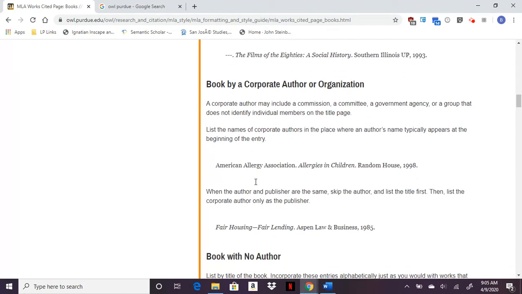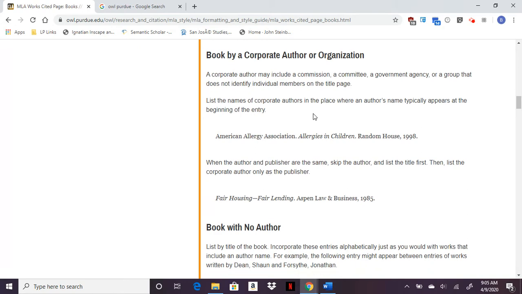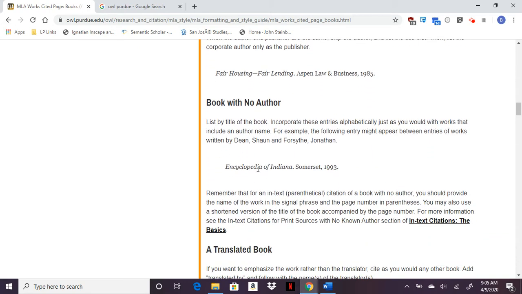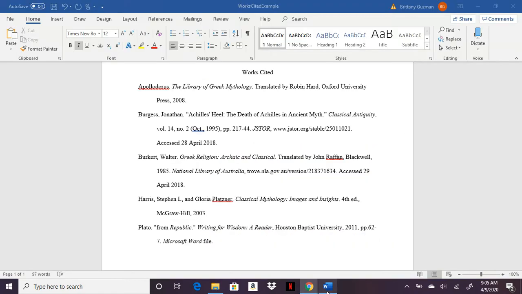And then if you have book by corporate author organization, book with no author. There's no author, you just omit the author's name. Translated book, this is what we see often, is translated, and that's why we have this example of translator. So if it's following a period, you have a capital letter, but so if we had an editor instead, let's say if there was an editor, you would have edited by, but in this case, you just have